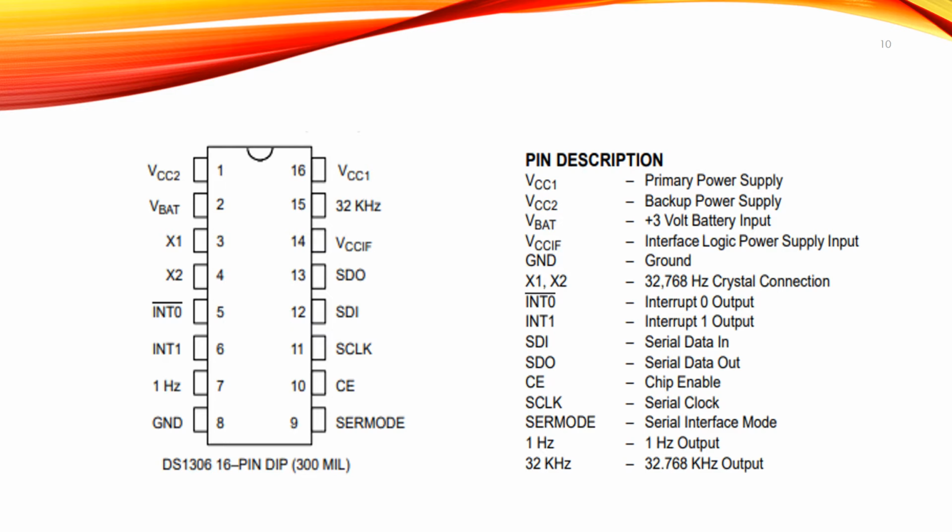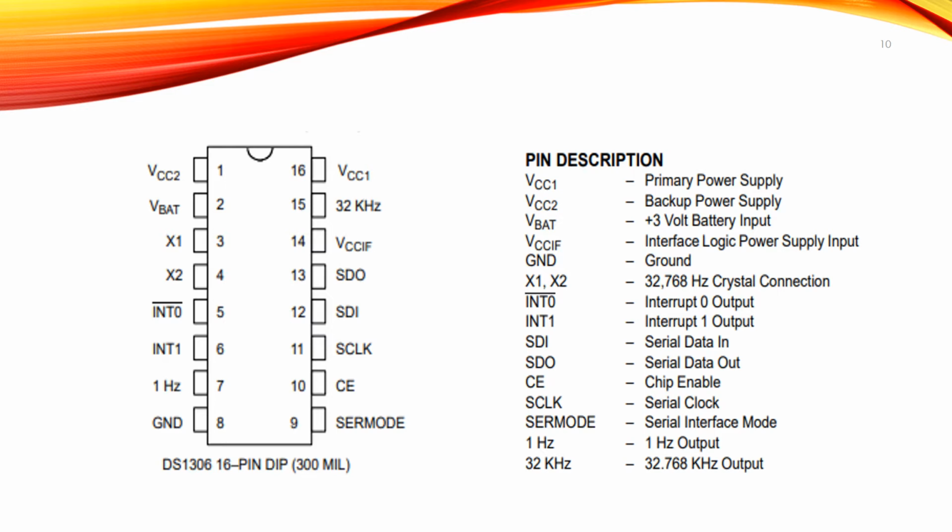X1 and X2 are two input pins that allow DS1306 connections to an external crystal oscillator to provide the clock source to the chip. We have to use a standard 32.768 kHz quartz crystal. The accuracy of the clock depends on the quality of this crystal oscillator. Heat can cause a drift in the oscillator. To avoid this, we use the DS32 kHz chip, which automatically adjusts for temperature variations. When using the DS32 kHz as a clock generator, we only need to connect X1 because the X2 loopback is not required. So this also you remember.